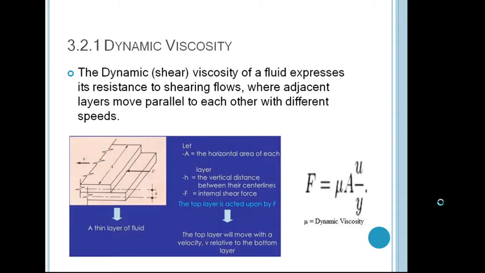The two types of viscosities are dynamic viscosity and kinematic viscosity. For understanding the definition of dynamic viscosity, we should have the knowledge of Newton's law of viscosity. Please see this formula over here: F is equal to mu into A into U by Y. So this is Newton's law, isn't it? If you take area A onto the left hand side, then it will become F upon A. F upon A means tau, shear stress. So Newton's law is tau is equal to mu into du by dy. That is what is written over here in terms of shear force F.